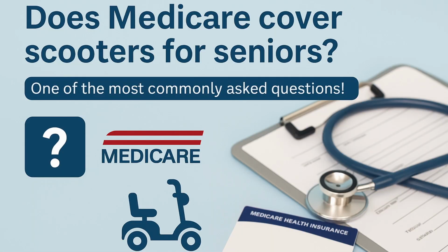Starting at number 1. Does Medicare cover scooters for seniors? Great question, and one of the most common. Yes, Medicare may cover a mobility scooter if it's medically necessary and prescribed by a doctor. It's usually covered under Medicare Part B, but only if you meet certain criteria, like being unable to use a